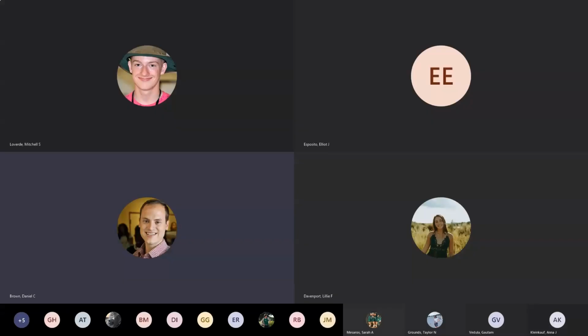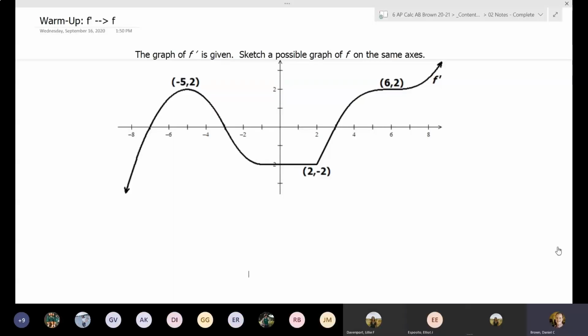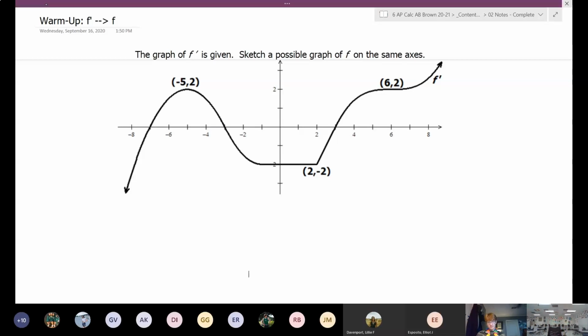Graph of the actual derivative, and we want to use that to graph the function. So there were different things that we had to think about. That chart is very useful, but we want to think about what a positive derivative means, what an increasing derivative means, and things like that. For me, I do think it helps to divide the graph up into sections, especially when you first